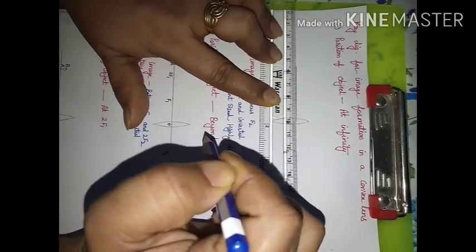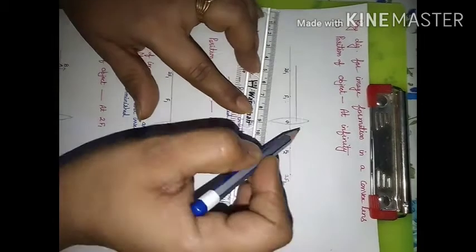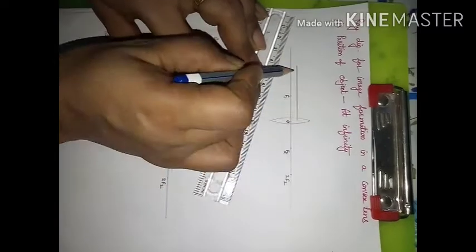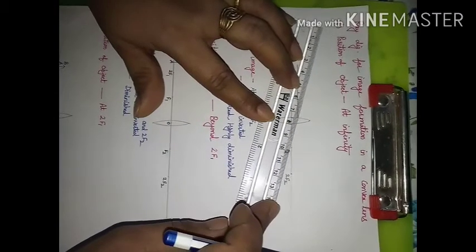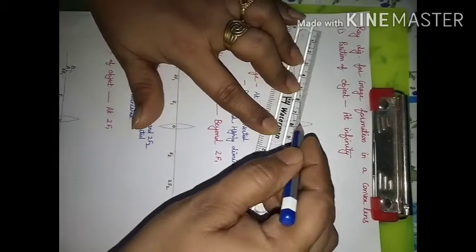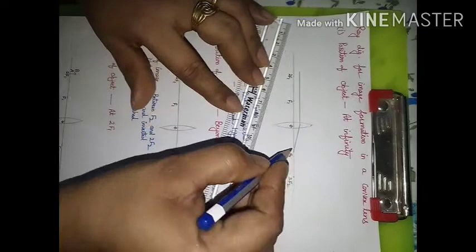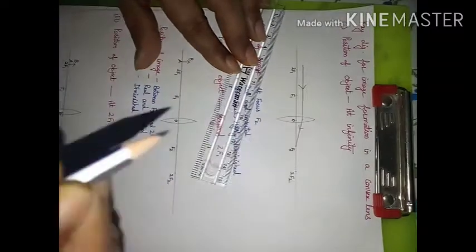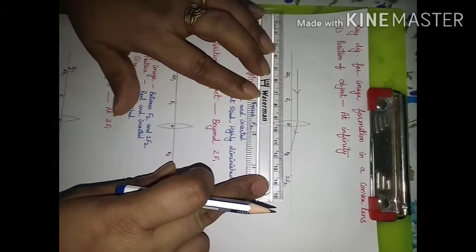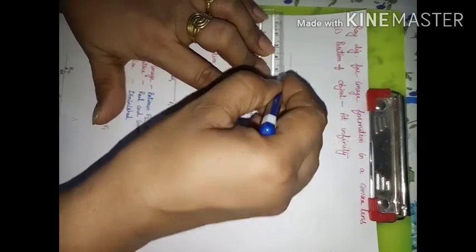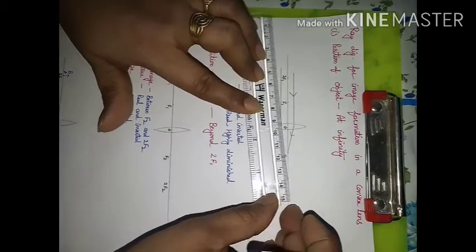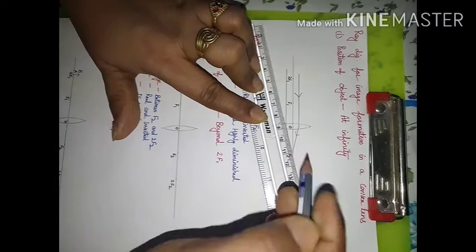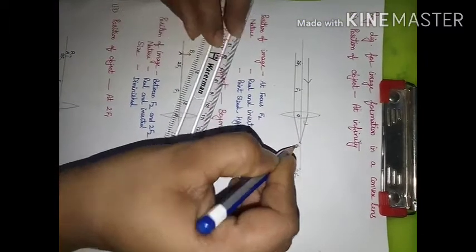and you will just reach to the half of this, meaning near to the vertical axis. Some students are going to show bending or deviation from here only. It should come till here, and then the ray of light that is parallel to the principal axis, after refraction, will pass through the focus. So it is passing through the focus. The arrow must be shown, which shows the direction of the ray of light. Similarly, we will consider one ray of light on this side parallel to the principal axis, and after refraction this will also pass through the focus. So both the rays will meet at f2.